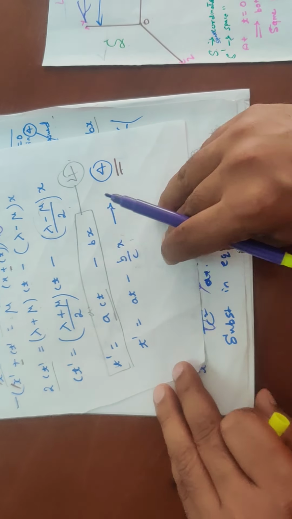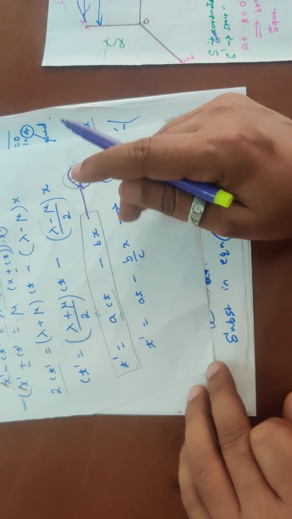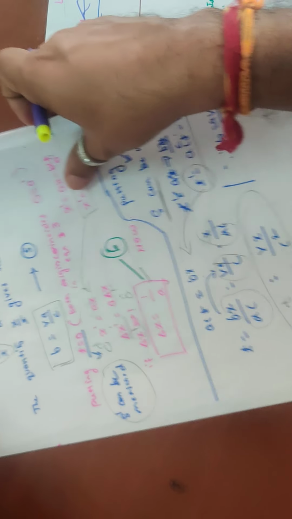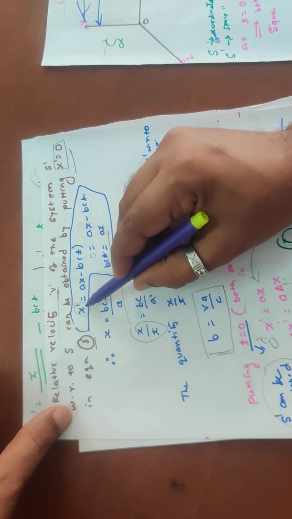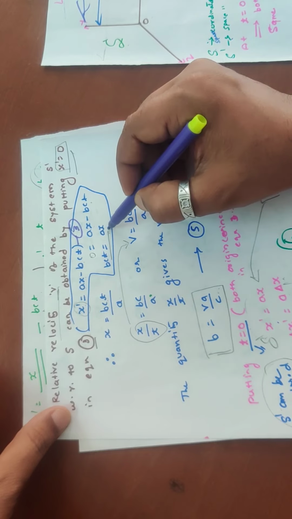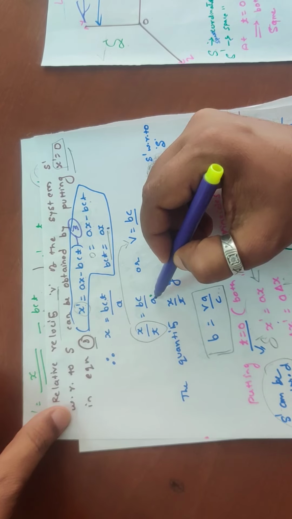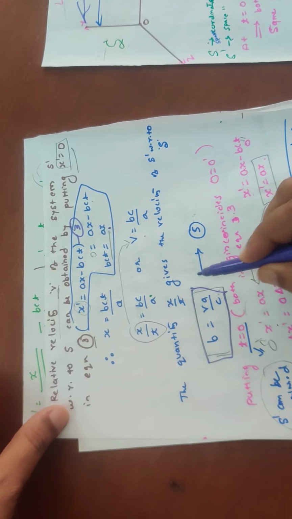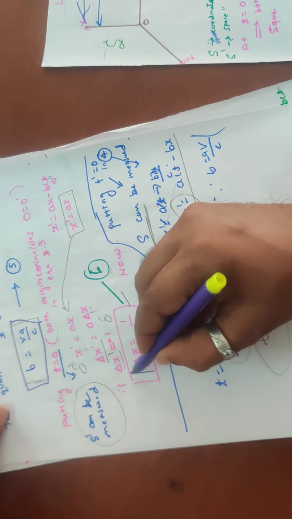When we subtract, we got t dash equal to Act minus Bx, which we named equation number 4. After that, we wanted to find the relative velocity. Therefore we put x dash equal to 0 in equation number 3, x dash equal to Ax minus BCt, and we got BCt equal to Ax. After substituting, x by t equal to BC by A, and x by t is v, so BC by A equals v. Therefore B value we got as Av upon c. Also, putting t equal to 0, we found delta x equal to 1 by A.